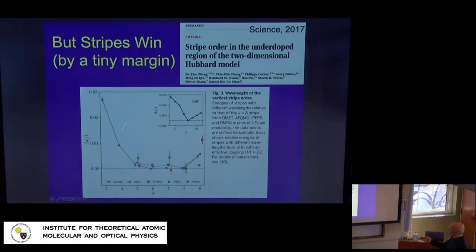And here you see, taken from this beautiful paper here, a comparison between the energy difference to the vertical charge stripe states of various other states, the d-wave superconducting state, calculated by different methods. And you see that the charge-spin stripe ordered state, which is the 0 of energy here, wins by amounts which are basically 10 to the minus 2 times the hopping t. So very, very delicate competition, but with t prime equals 0, it looks like actually the stripe ordering always wins.